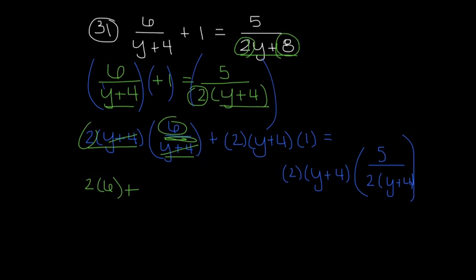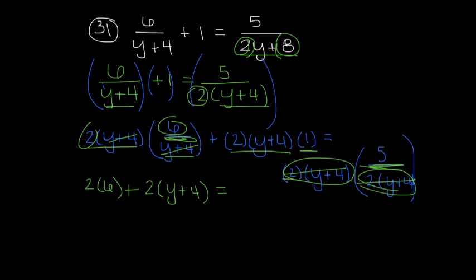Plus, in this case, I was just taking the 2 times y plus 4 times 1. Well, anything times 1 is just itself, so that gives me 2 times the y plus 4 equals, in this last one, I have 2 times y plus 4 divided by 2 times y plus 4. The whole things cancel out, and that whole big ugly mess just goes to 5. Pretty simple from here. 2 times 6 is 12, plus, if I distribute that 2 back in, 2y plus 8 equals 5. My like terms, 12 plus 8 is 20, plus 2y equals 5,